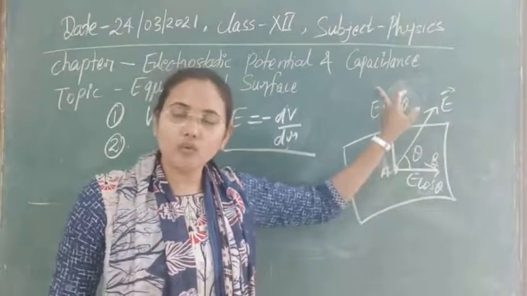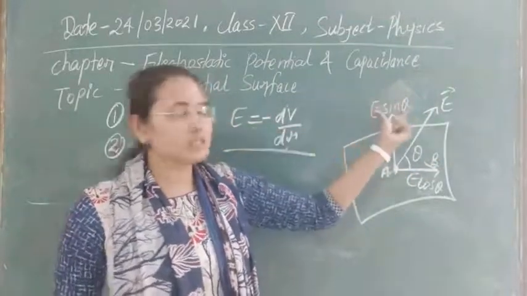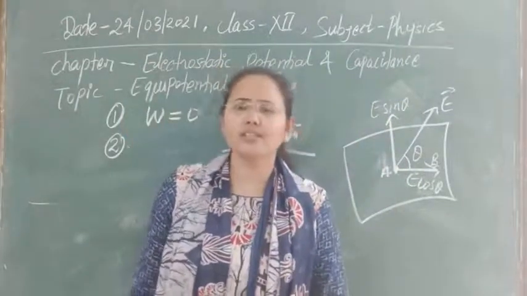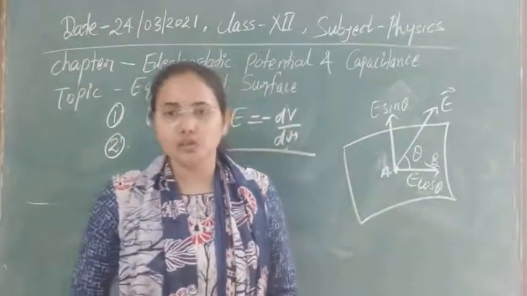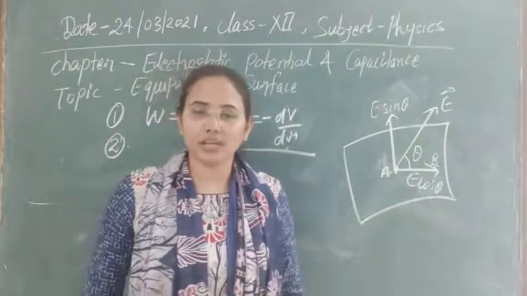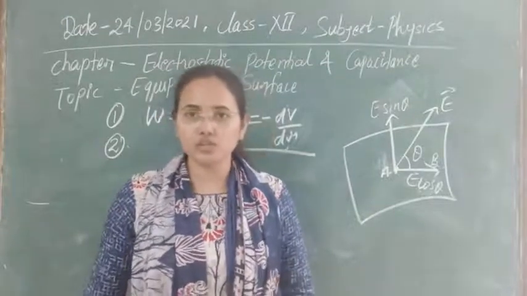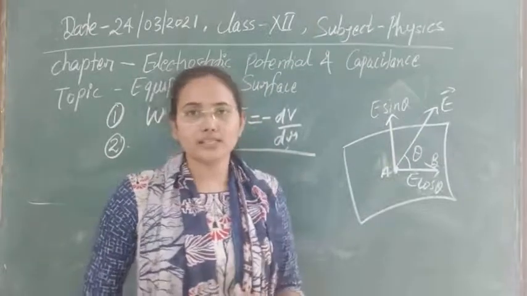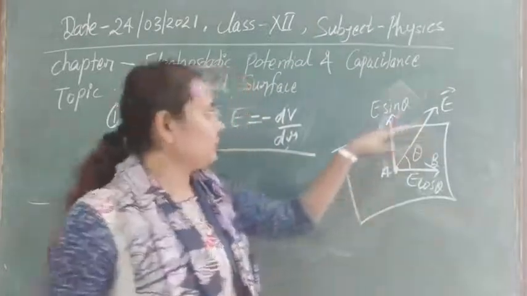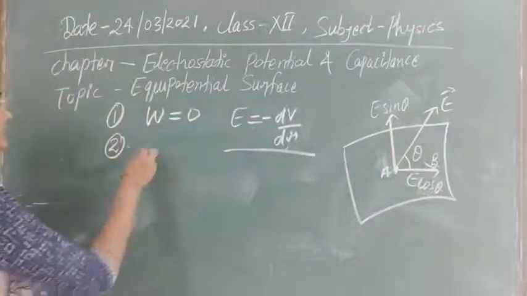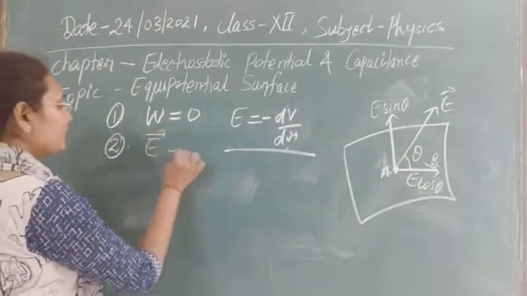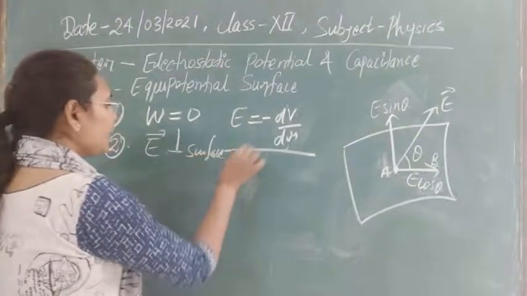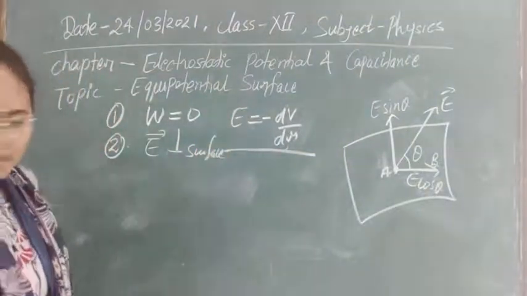So electric field will be only in the normal direction, where no horizontal component can be obtained, meaning the horizontal component of electric field is 0. So the change in potential due to distance will also be 0, and no work has to be done there, so no violation of the concept will be there. The simple second concept is that the electric field's direction will always be normal to the surface of the equipotential surface.